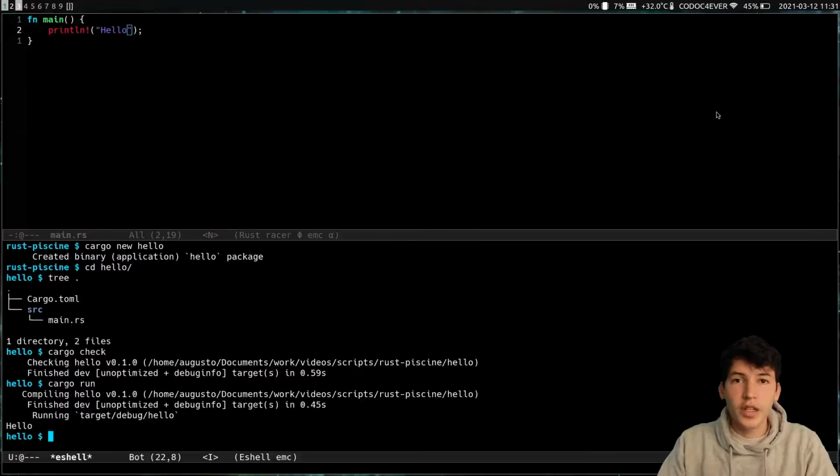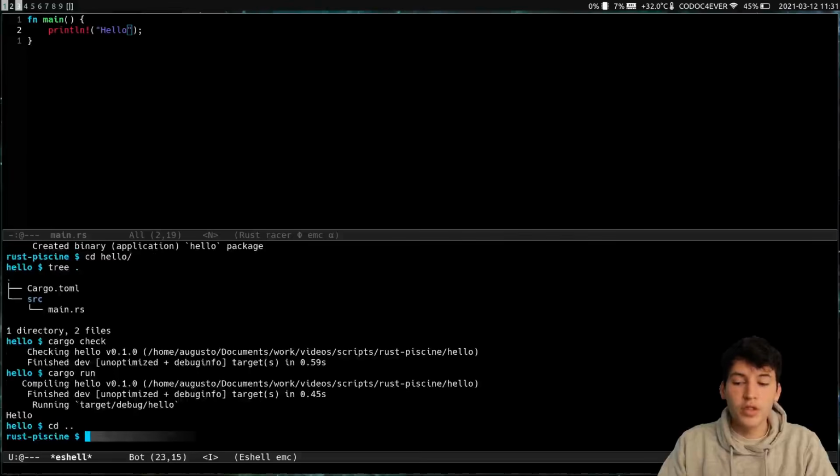Now let's see how to create a project when we ask you for a function, a method, some data structure, or a trait in an exercise. So when we don't ask you for a program, you have to create your exercise by running the command cargo new --lib. This creates a library crate. For example, let's assume that you want to create an exercise called add. So we create the library add.